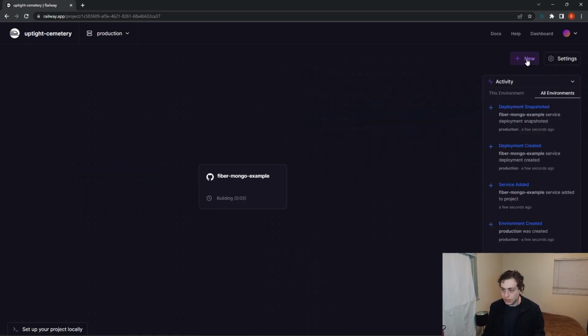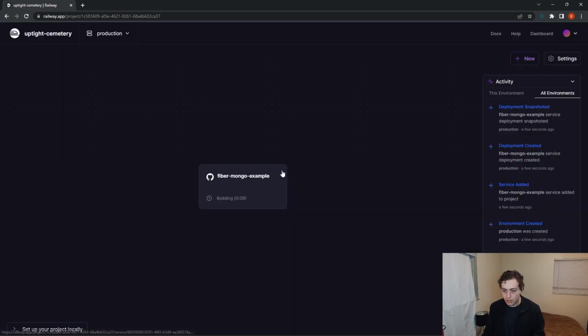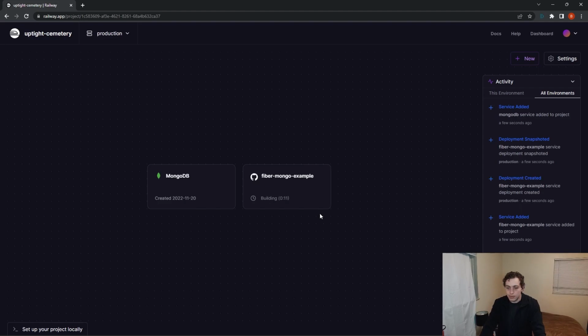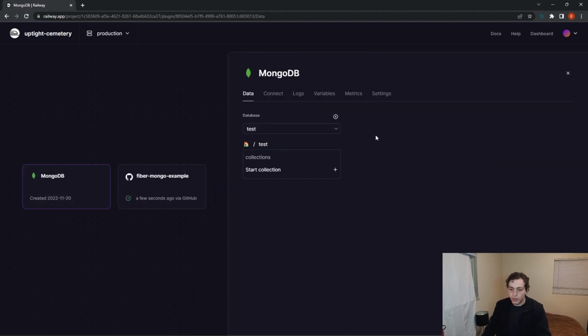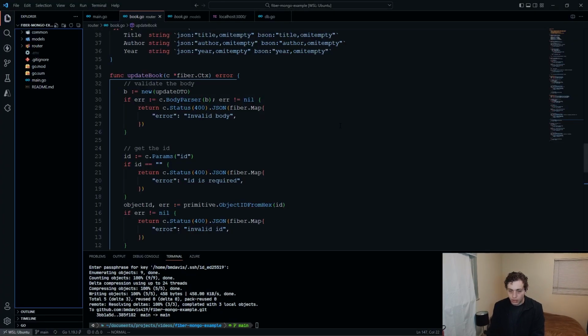So the first thing I need to do is hit new, and we're going to add a new database. We're going to add a MongoDB instance. So I'm going to go ahead and spin up our MongoDB. So now that we've loaded this, I'm going to go ahead and create our database, and that's going to be Go. What did we call this again? Let me double check. I think it was